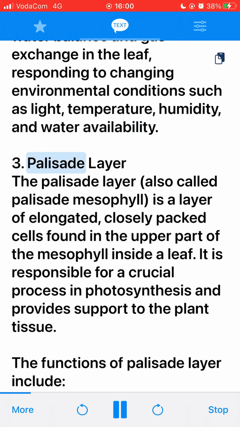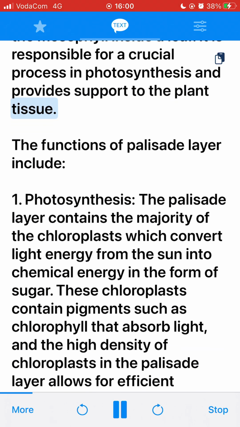3. Palisade layer. The palisade layer, also called palisade mesophyll, is a layer of elongated, closely packed cells found in the upper part of the mesophyll inside a leaf. It is responsible for a crucial process in photosynthesis and provides support to the plant tissue. The functions of the palisade layer include: